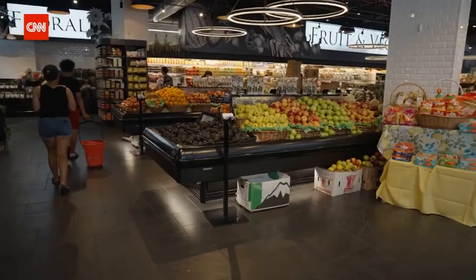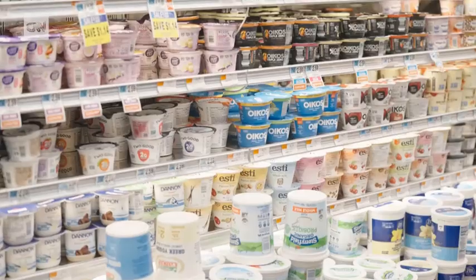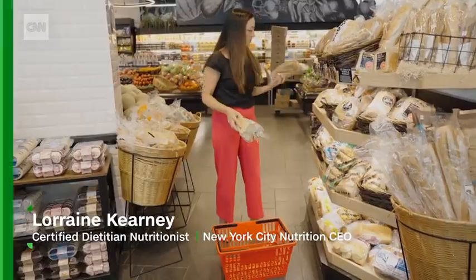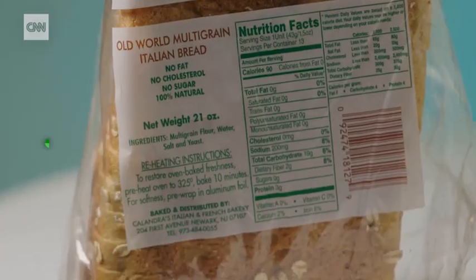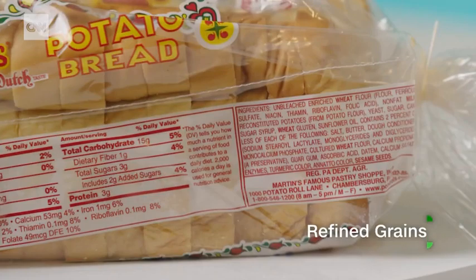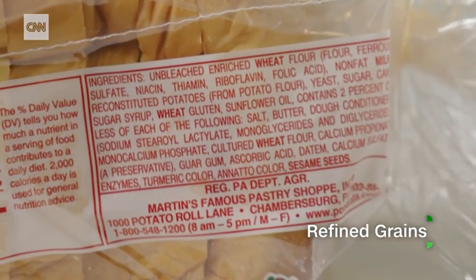Can you taste the difference between ultra-processed and minimally processed foods? We asked nutritionist Lorraine Carney to do a taste test. Here we have two different types of bread. This one is made with whole grains, and this is made with more of the refined ingredients, and it has